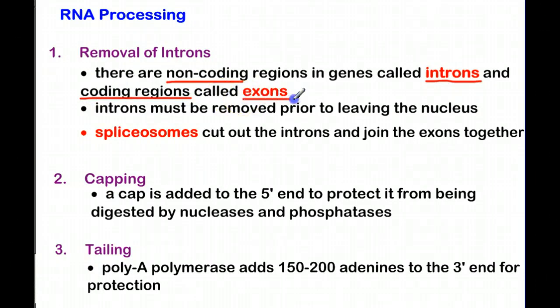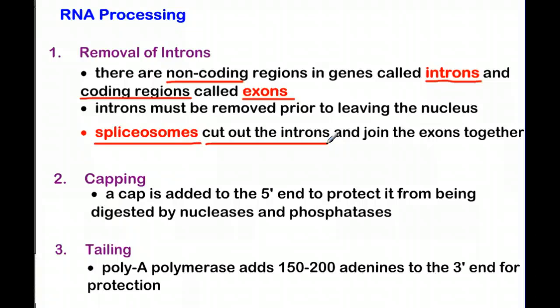they call exons. And so before we send that mRNA out into the cytoplasm, we can remove the areas that we don't really need. If an intron doesn't code for anything, we remove it and get it out of that transcript. So introns must be removed prior to leaving the nucleus. A small molecule comes in, and its job is to cut out the introns. They are called spliceosomes. They take out the part that doesn't code for anything, and then join the remaining pieces together